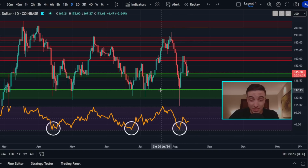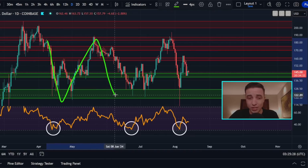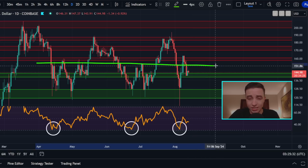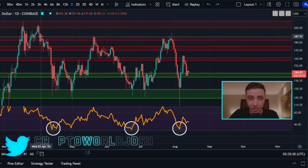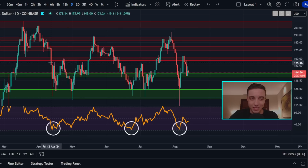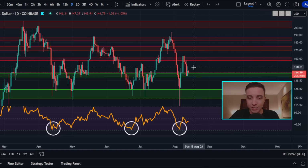And that's also basically the major area of support that's at the bottom of this massive sideways price range that the price is currently in. We're in more of a neutral trend on the daily time frame, not necessarily bullish or bearish, because right now we're seeing horizontal lows relatively speaking and horizontal highs relatively speaking. So once again, this is basically just a massive sideways price range with the price chopping around sideways with support